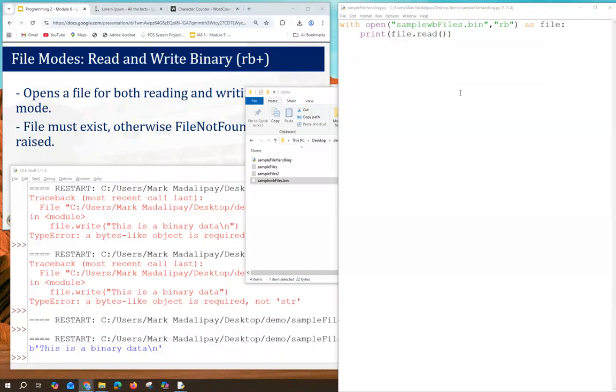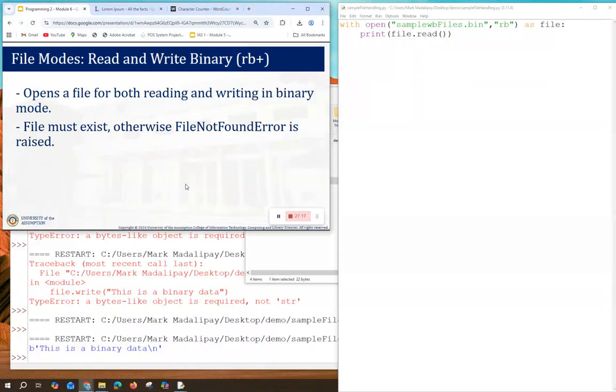Now, we also have this read and write binary. It opens a file for both reading and writing in binary mode. Okay? So we have the RB plus.